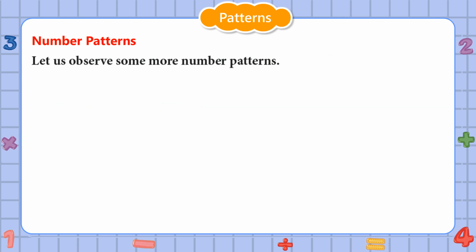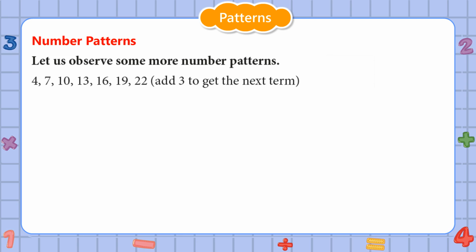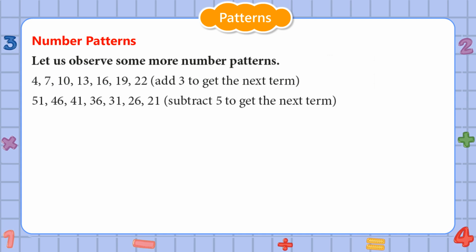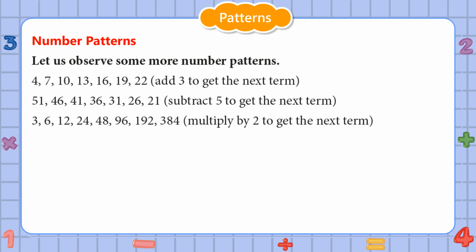Let us observe some more number patterns: 4, 7, 10, 13, 16, 19, 22. Add 3 to get the next term: 51, 46, 41, 36, 31, 26, 21. Subtract 5 to get the next term: 3, 6, 12, 24, 48, 96, 192, 384. Multiply by 2 to get the next term: